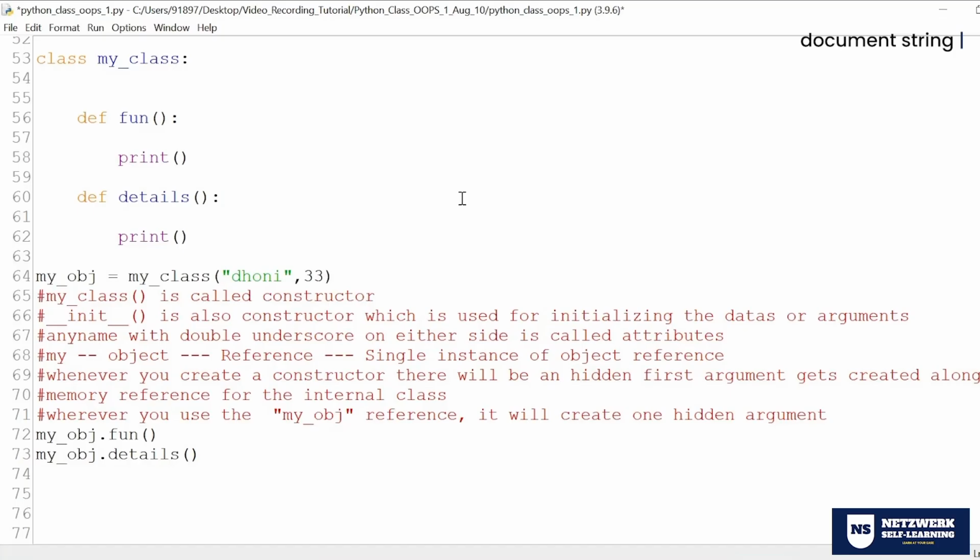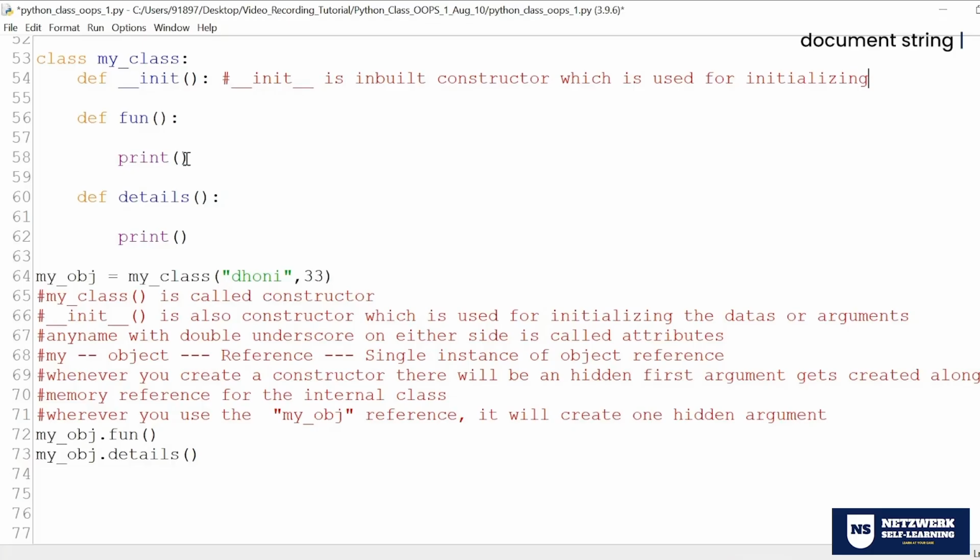That's the point. So how to initialize this? That is where this init comes into the picture. There you see, it is double underscore init, an inbuilt constructor, which is used for initializing.